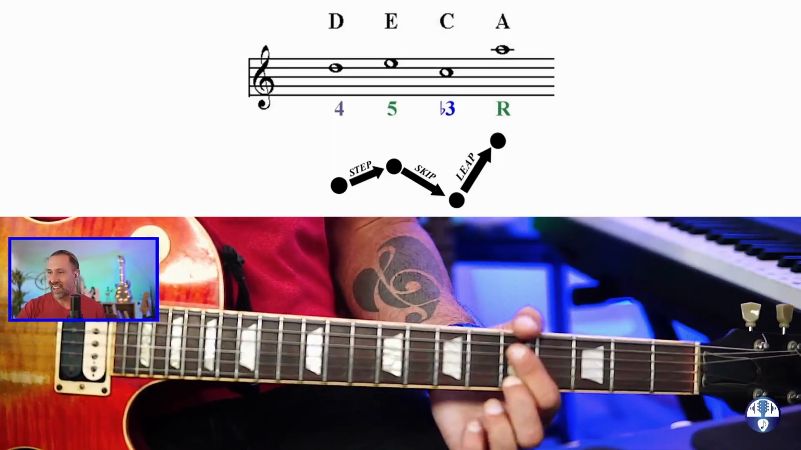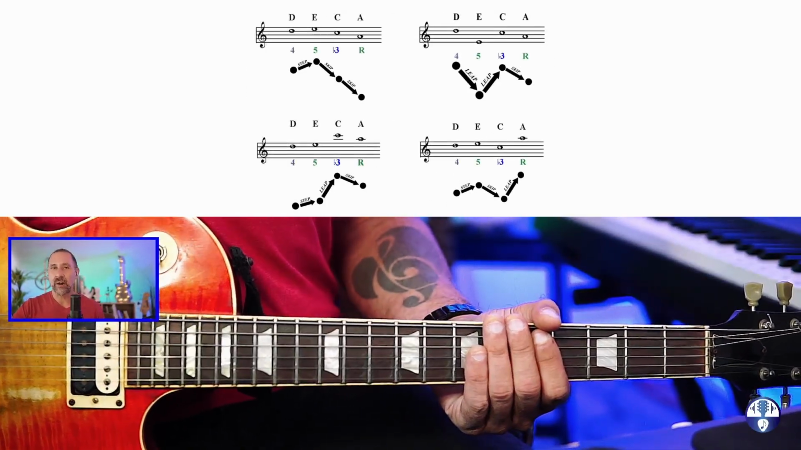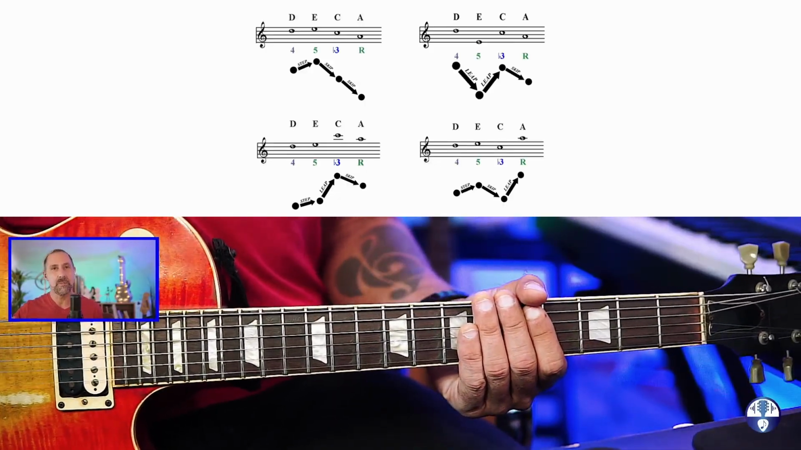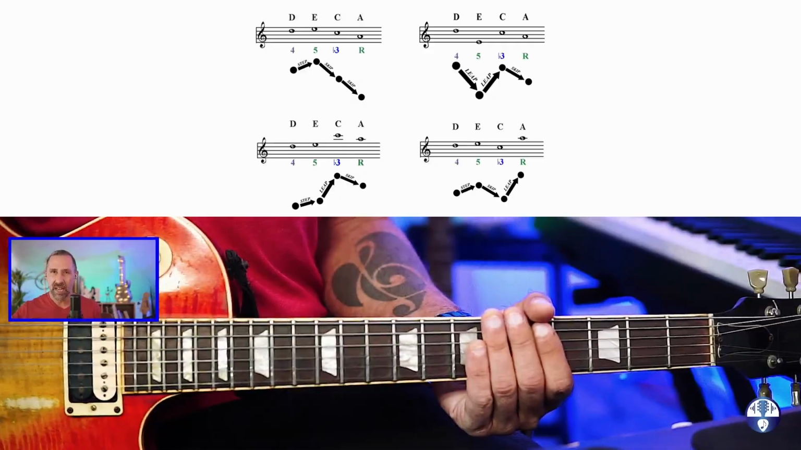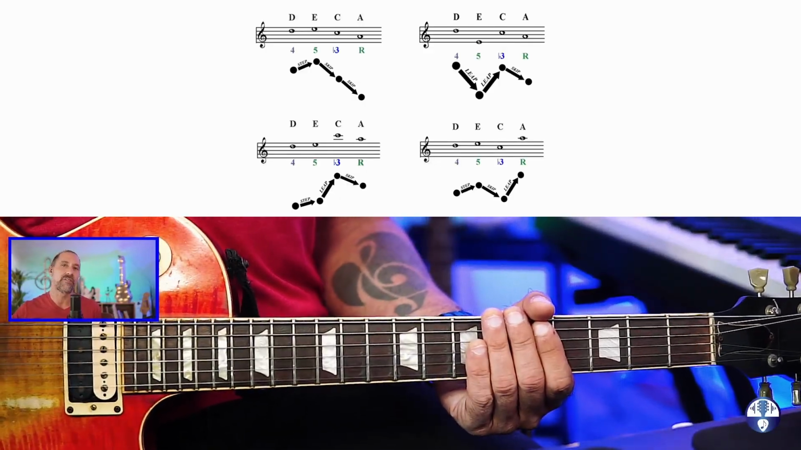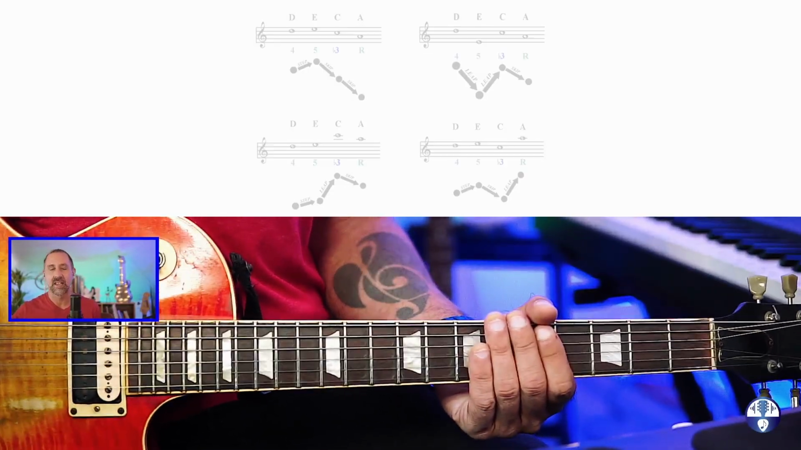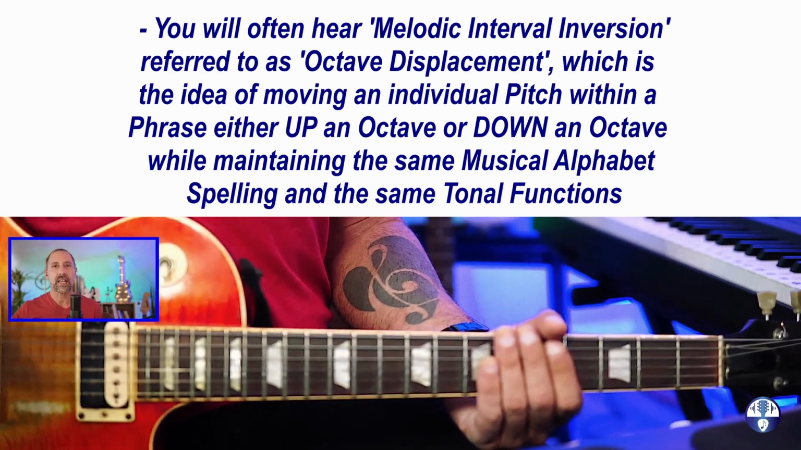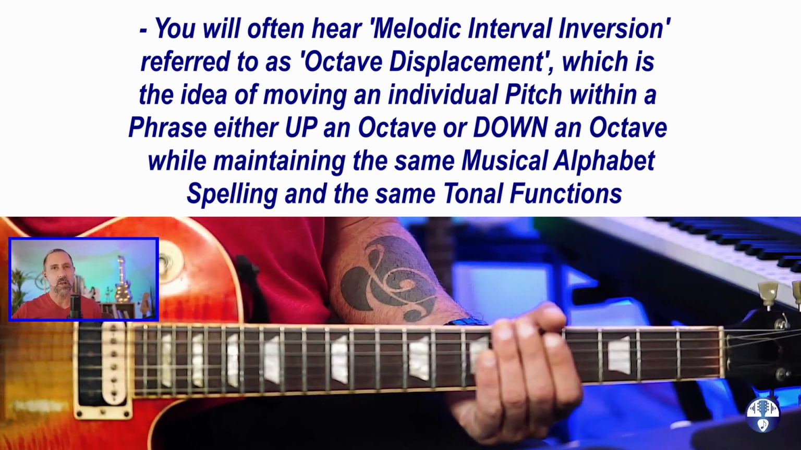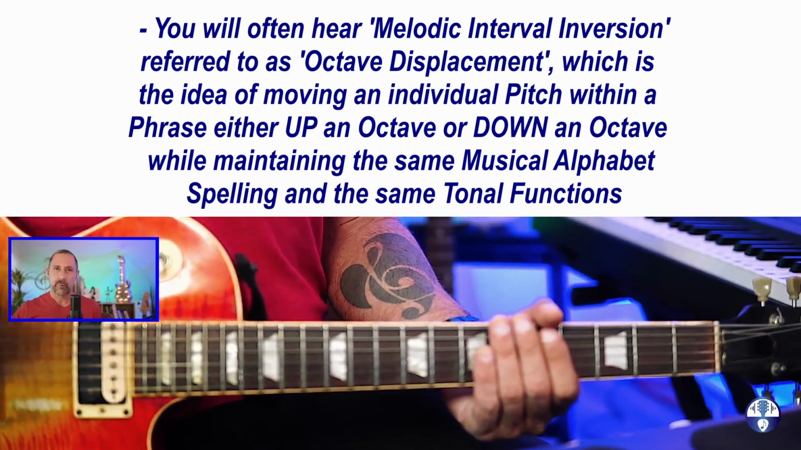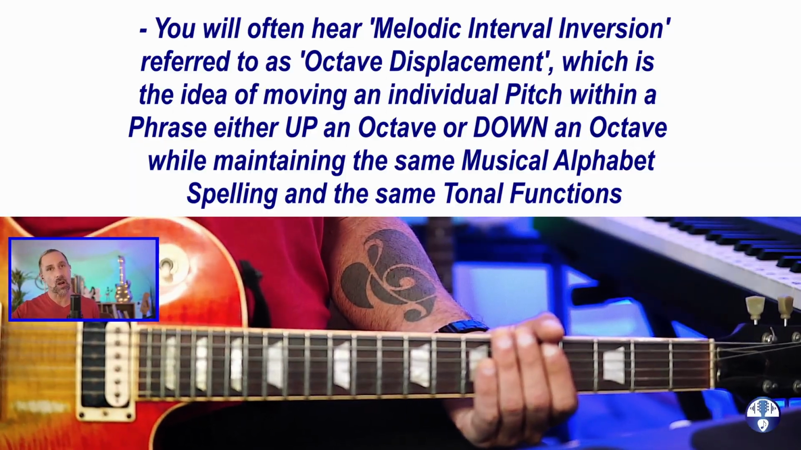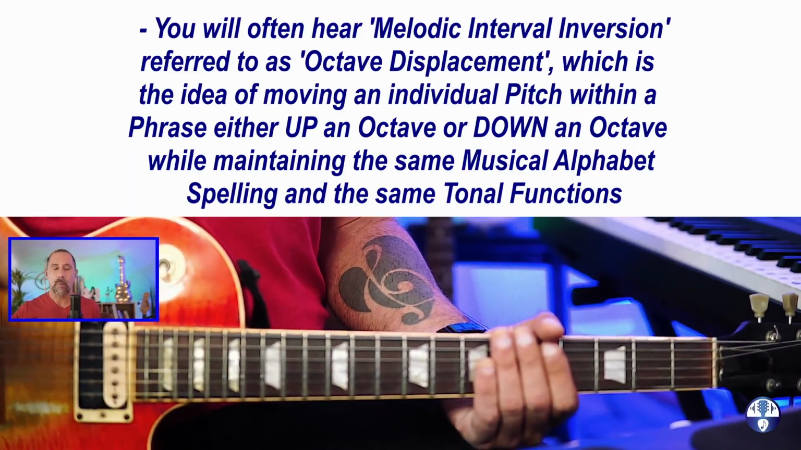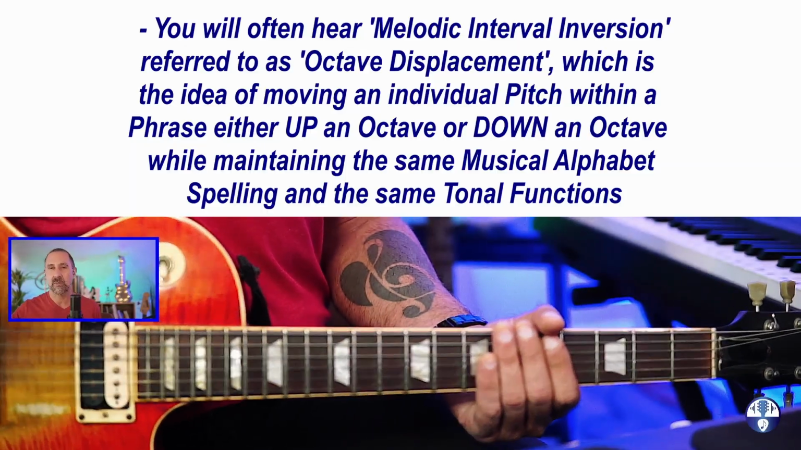Pretty crazy, okay? Now, each of these variations are based on the same musical alphabet letters and the same tonal functions, but the pitch movements are uniquely different from one example to the next. You will often hear melodic interval inversion referred to as octave displacement, which is the idea of moving an individual pitch within a phrase, either up an octave or down an octave, while maintaining the same musical alphabet spelling and